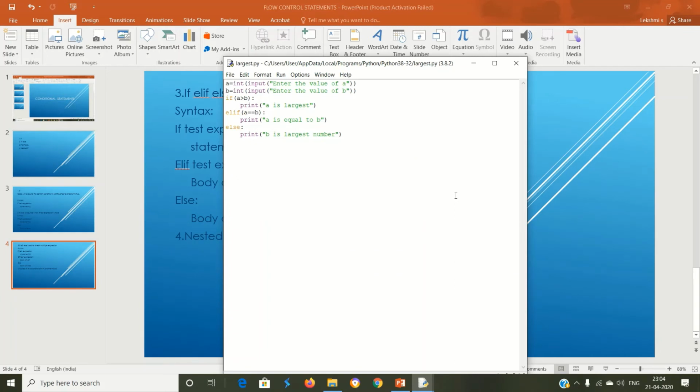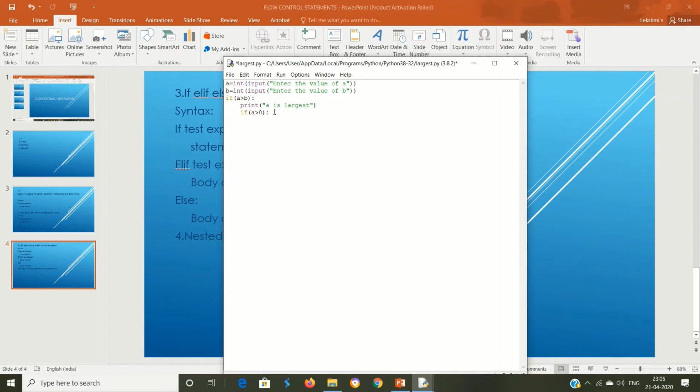Okay, so let's see the last nested if statement example. I am editing in this page itself. So for the first if statement, print A is largest. I am giving one more condition: if A is greater than 0. And see the indentation, I'm not starting from this end, I'm starting as a continuation of this if statement, which means that this statement will be checked only if the above statement is true.